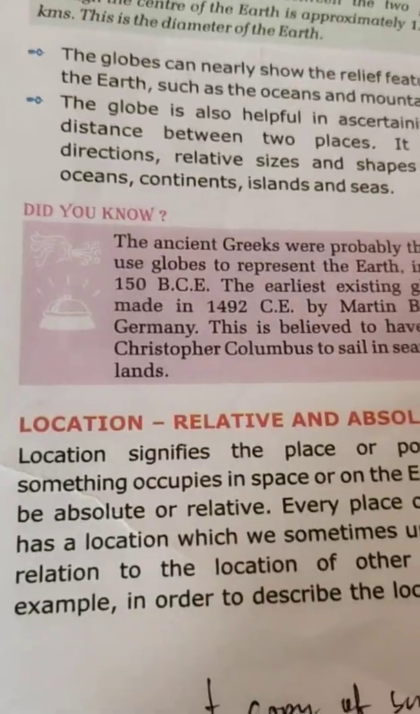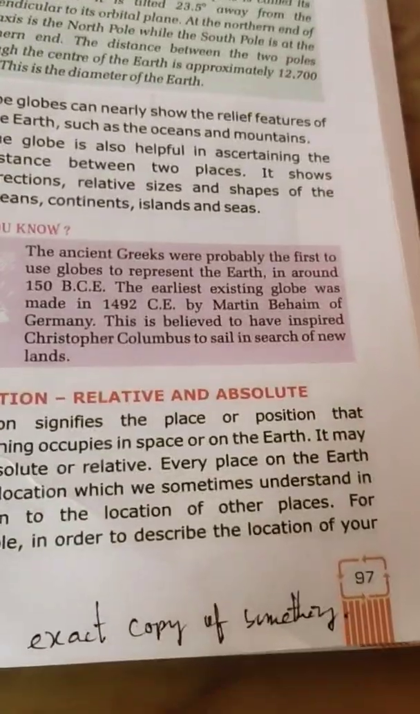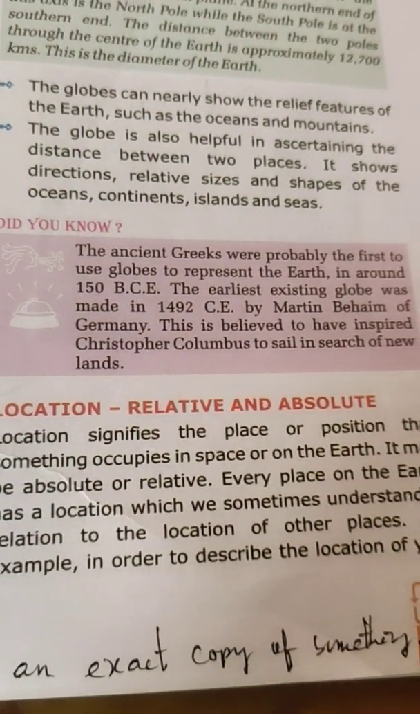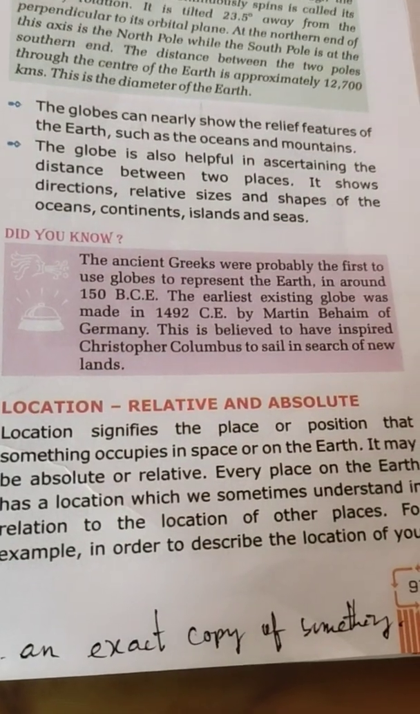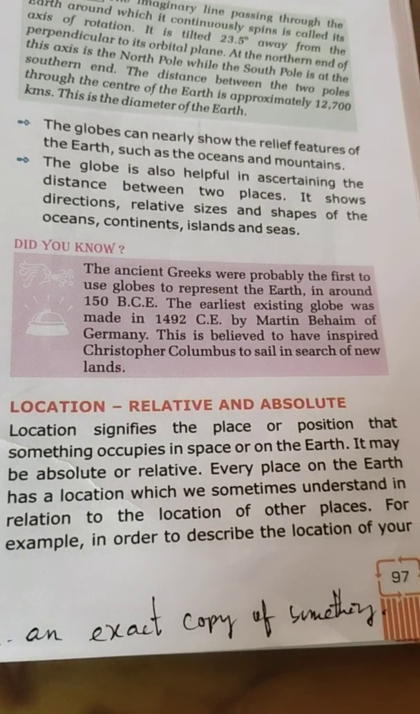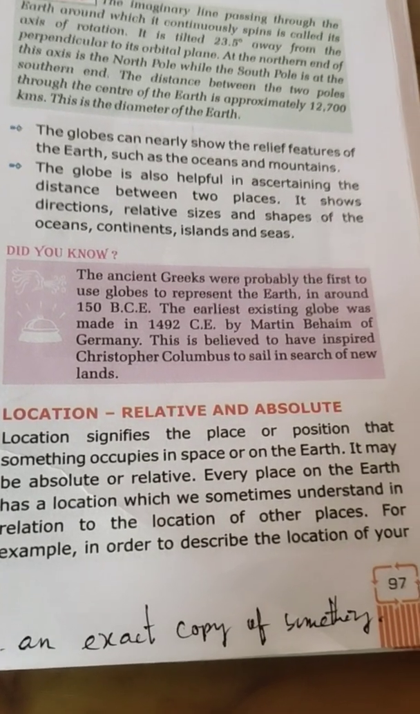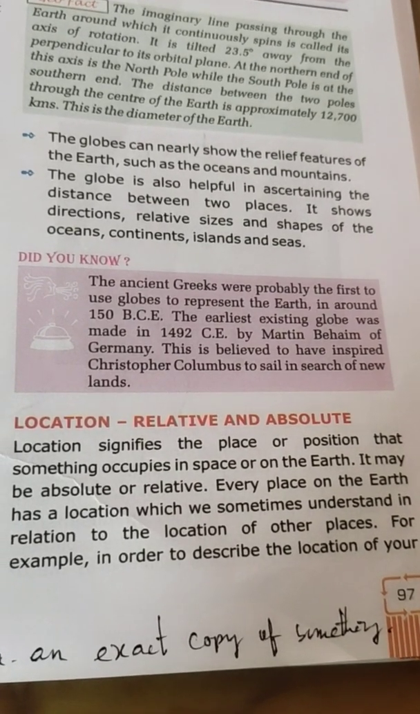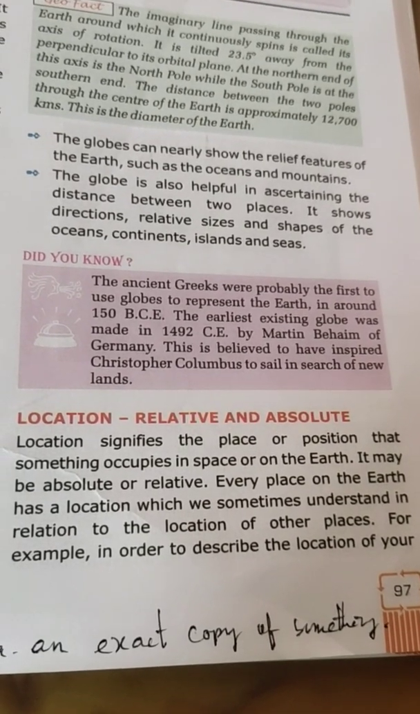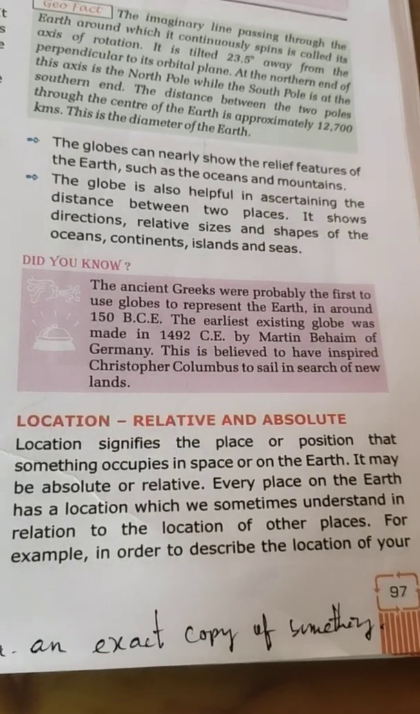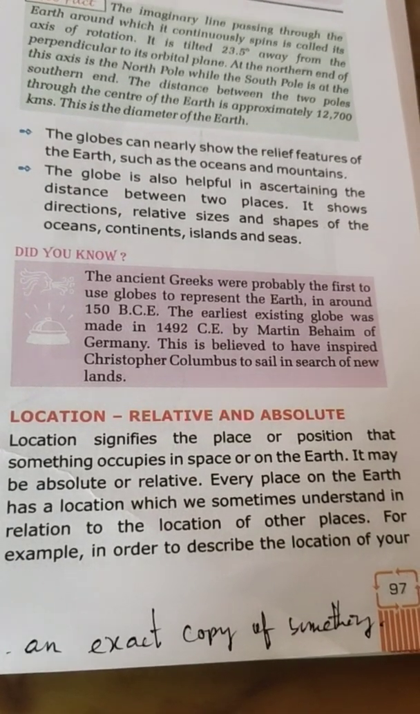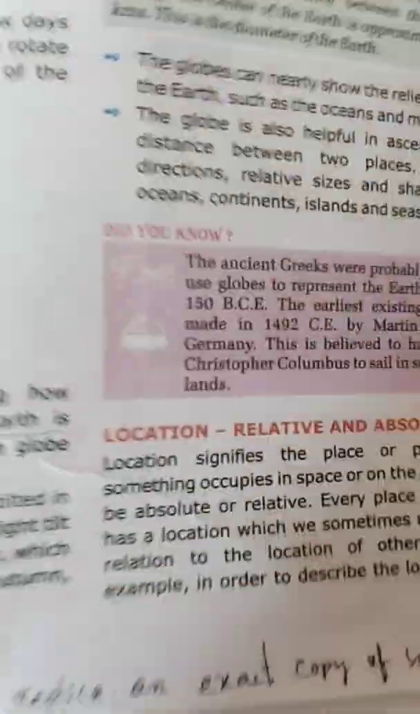Next, we'll see location, relative and absolute. Location signifies the place or position that something occupies in space or on the earth. It may be absolute or relative. Every place on the earth has a location which we sometimes understand in relation to the location of other places. For example, in order to describe the location of our